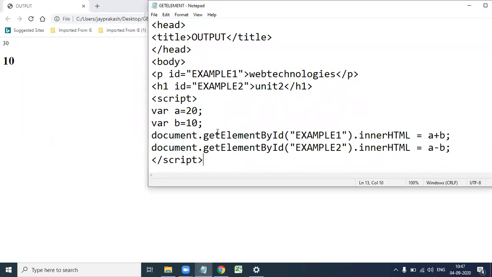So the first statement changes the content of the paragraph tag with id example1 with the a plus b value.